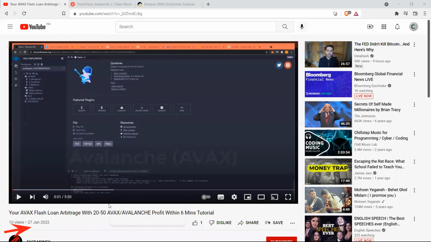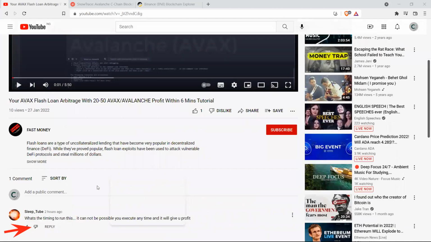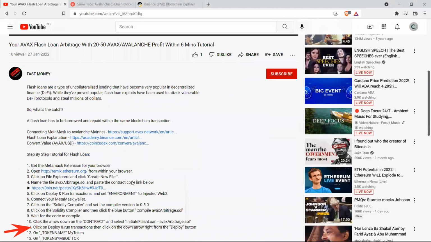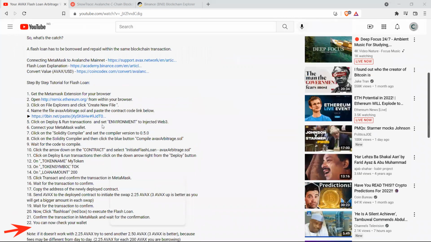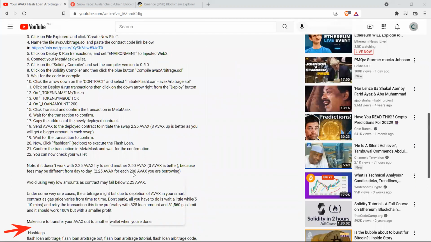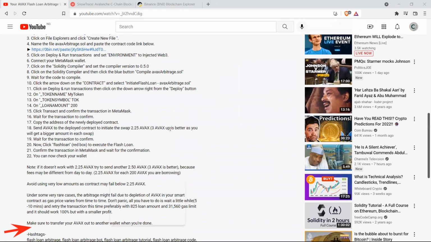So we'll move forward and find a smart contract. All the details are given. You can see here everything is mentioned, all the steps are mentioned, but the difference is here he's using AVAX instead of BNB. So we will just evaluate